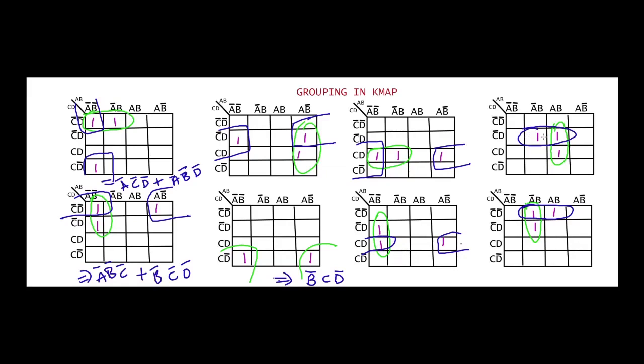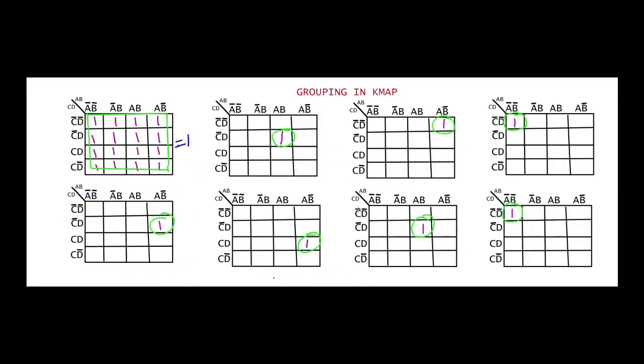So in this case you have 3 ones. If you have 2 ones here, I can group this, and after grouping these 2 ones, only this one will be left over. If I group this one as a single one group, 1 literal will be more in my solution. So to reduce that literal, I'll take the help of the other one which was already grouped in some other group. So you get various possibilities for grouping 2 ones with the single one. So if I have only one, I can group them.